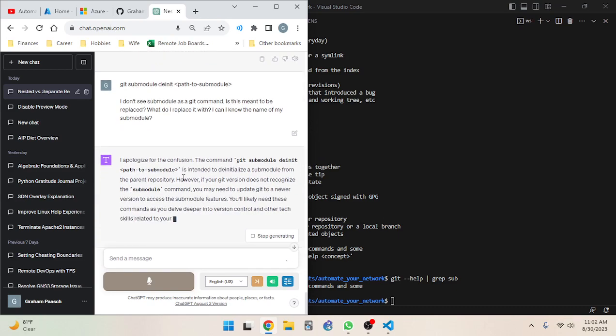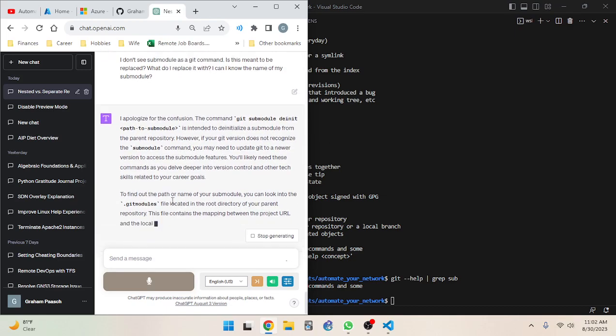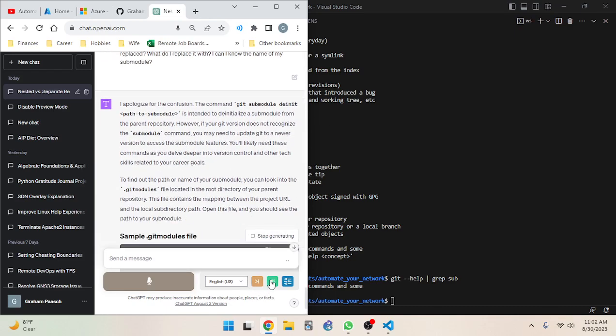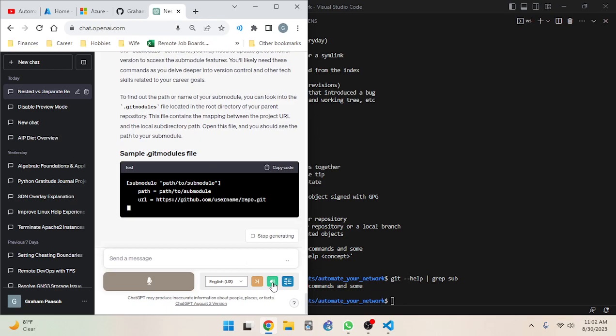However, if your Git version does not recognize the submodule command, you may need to update Git to a newer version to access the submodule features. Oh, how do I do that? You'll likely need these commands as you delve deeper into version control and other tech skills related to your career goals. To find out the path or name of